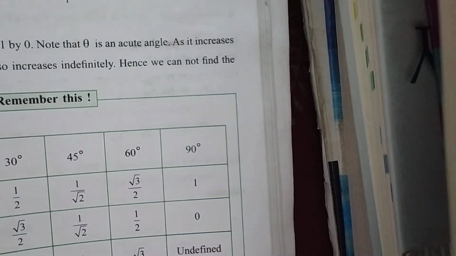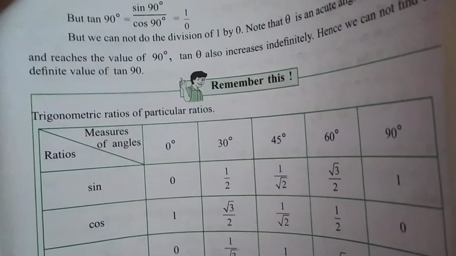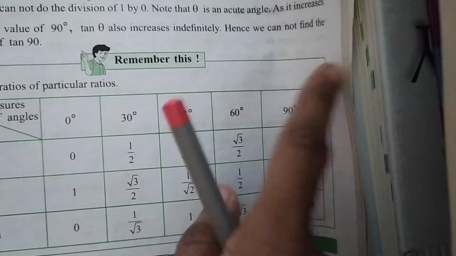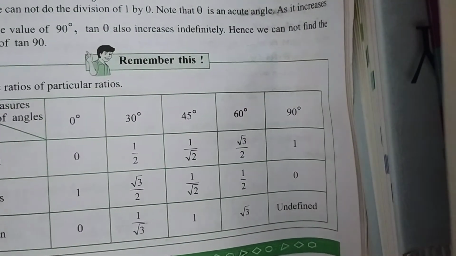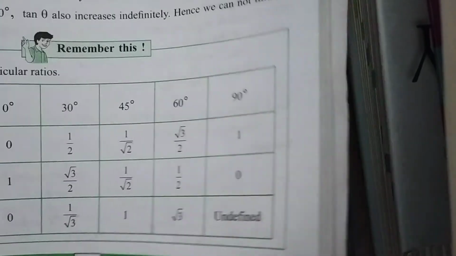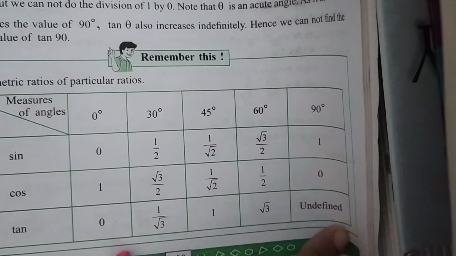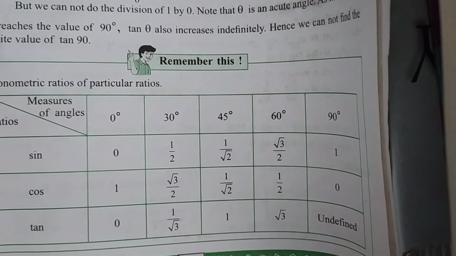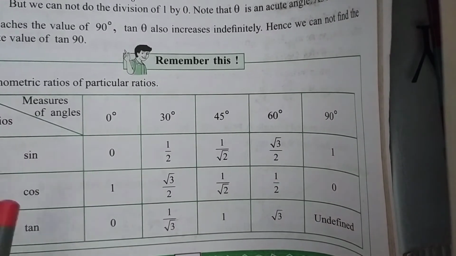Now next that you need to understand is, come to page number 109 of your textbook. We are going to learn the values for the trigonometric ratios. This is very important, not only from this year's point of view but from next year's point of view also. Now you have to learn these values. I'll tell you there's a very easy method to learn these particular trigonometric ratios.